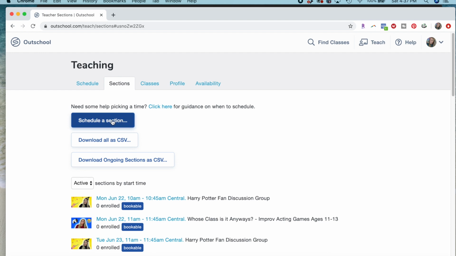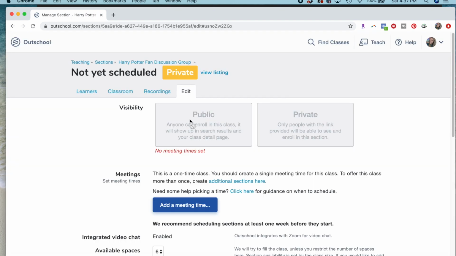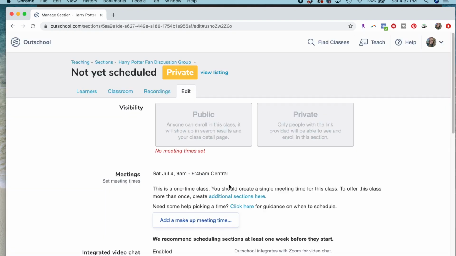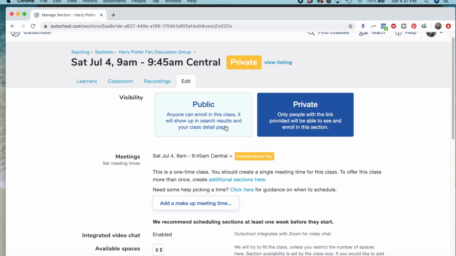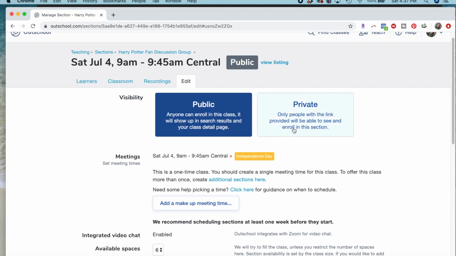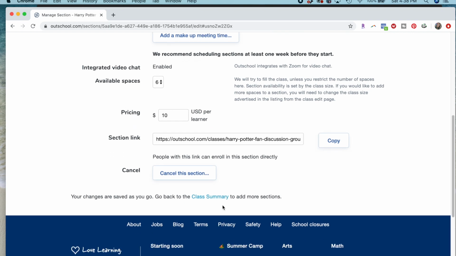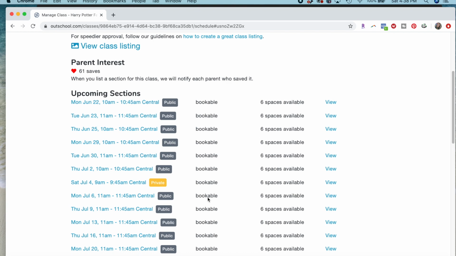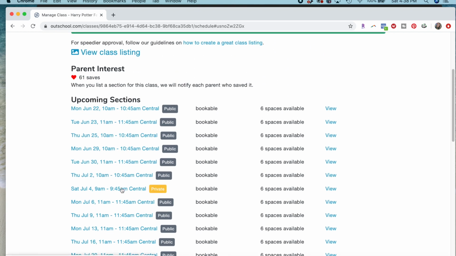So we're going to schedule a section, and it doesn't matter whatever class, add a section. You can add any meeting time, and then you want to keep it on private. Make sure it's on private. Don't switch it to public because that makes it an actual class. Keep it on private. None of this matters, and it's already saved. So go to class summary, and I'll show you all the classes. I have some private ones right now, and then you can just click it,